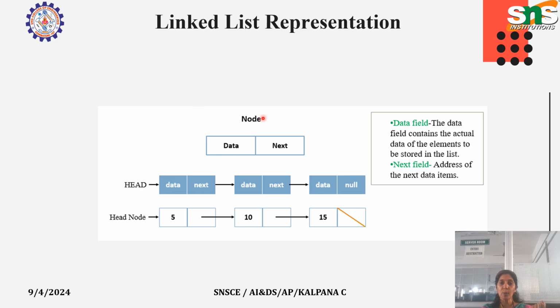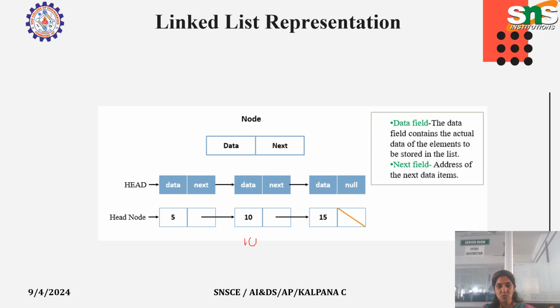See, this is the node representation of a linked list. A node contains, as I told you, data and next field. The data field contains the actual data element, and the next field contains the address of the next data item. So just see the example here. Here 5, 10 and 15 are the user data, which I am going to store in the data field of the node. And as I told you, the next field contains the address of the next data item. For example, my 10